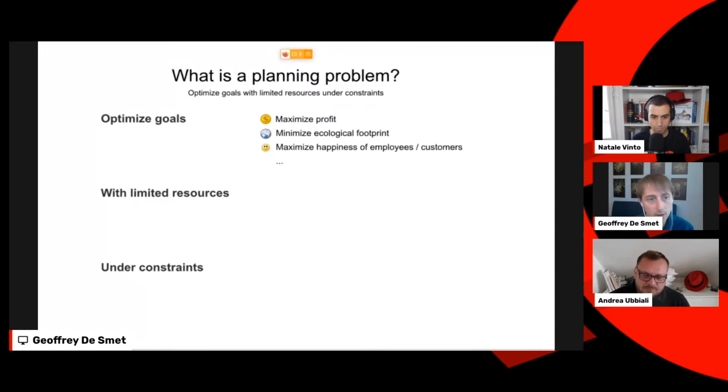Why do I do that, right? Or vice versa. And when you want to optimize these goals, you have to do that with limited resources. You have a number of employees with certain amounts, with certain skills. You have assets like, in the vehicle routing problem, vehicles, which maybe have different types, different sizes, and so forth. You have, of course, time, which is the most limited resource of all, I would argue.